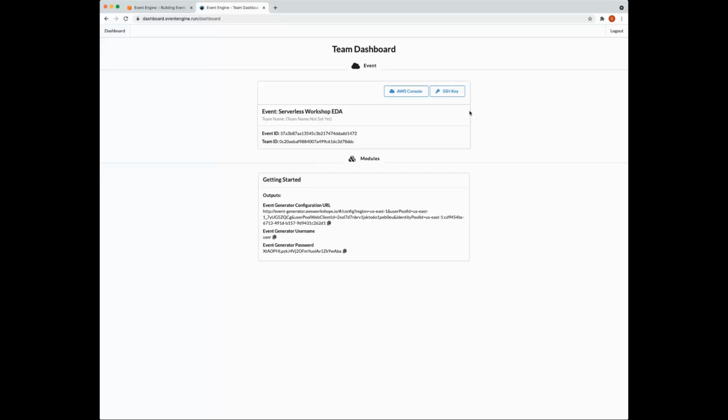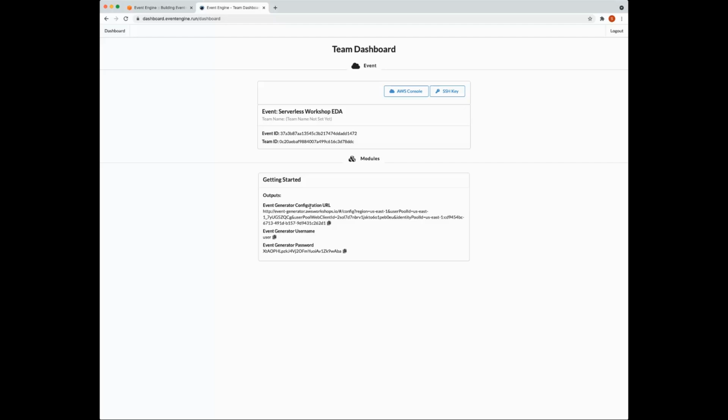And there are some other links for support services that we're going to use to go through the lab. The support service is called the event generator, and we're going to use it to generate events for demoing EventBridge.